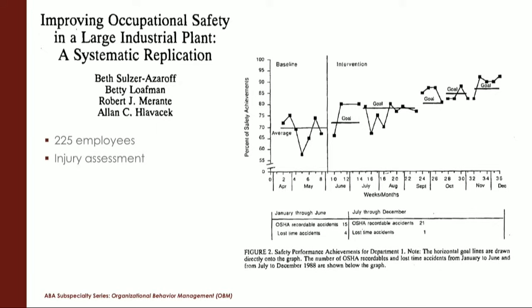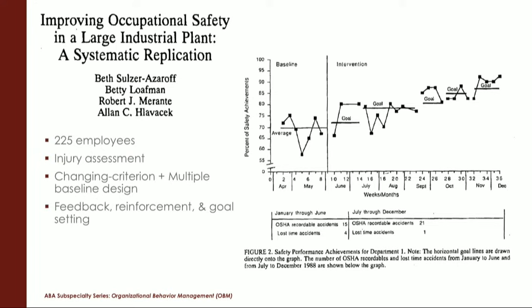And so what they did is, in a factory of 225 employees, they did an injury assessment. They developed checklists of critical behaviors. And by the way, I'm just showing you one department here. They did it across multiple departments. Each one had a different checklist because they had different hazards and risks. They developed an observation process, and then they implemented a changing criterion and multiple baseline design